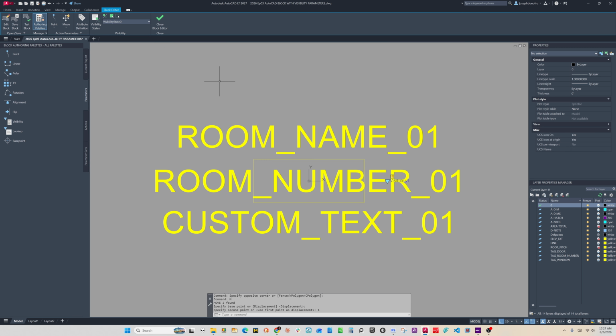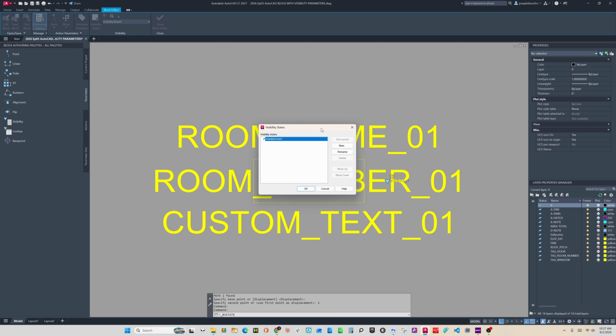It's wherever you want. Now, if you look up here in the top left, this is where we're looking at it. Visibility states. That's what we're talking about. And so right now we've only got visibility state of 0. But what we want to do is create a number of them. So the first one we're going to create, we're going to click on that. It'll bring up this dialog box. And we'll just rename this, and we'll just say